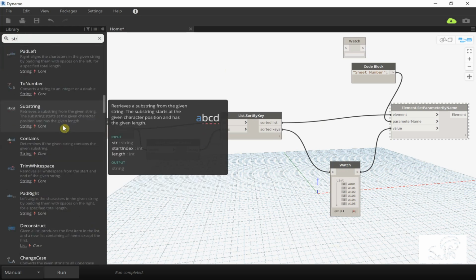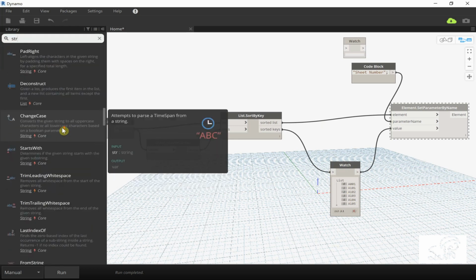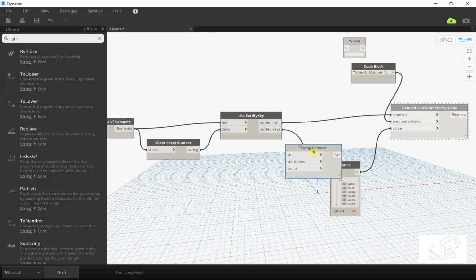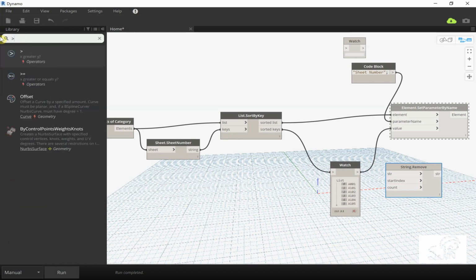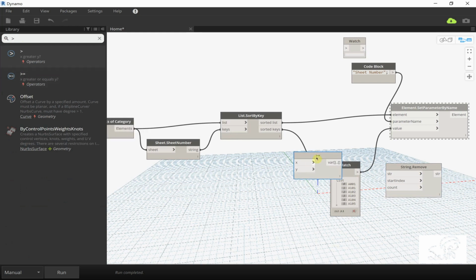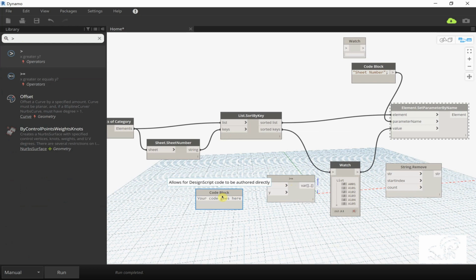Let's do a remove. We want to remove the A because, let's say, we want anything above 102,